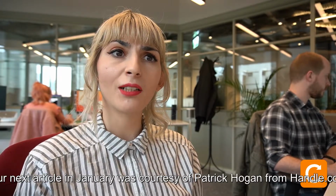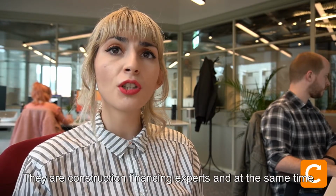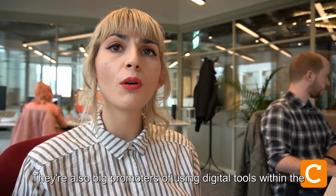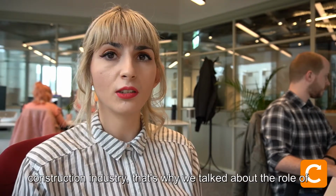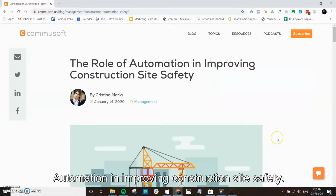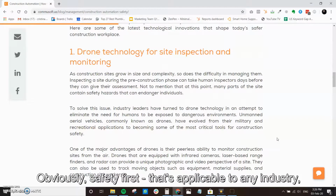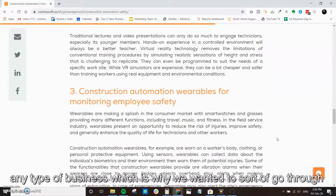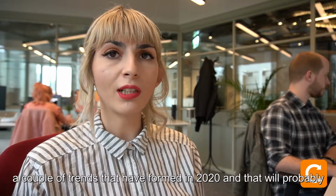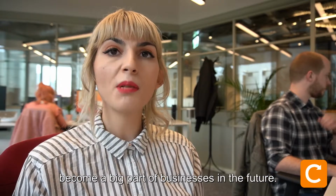Our next article in January was courtesy of Patrick Hogan from handle.com. They are construction financing experts, and at the same time they're also big promoters of using digital tools within the construction industry. That's why we talked about the role of automation in improving construction site safety. Obviously safety first, that's applicable to any industry, any type of business, which is why we wanted to go through a couple of trends that have formed in 2020